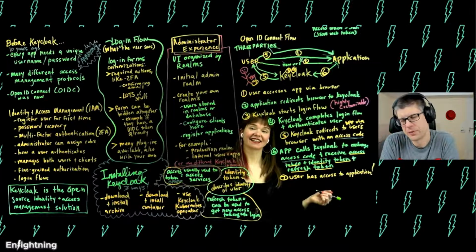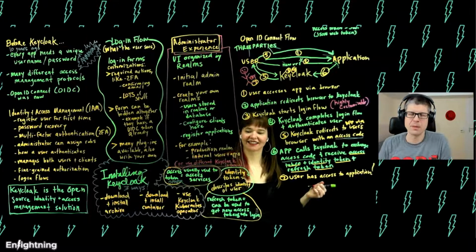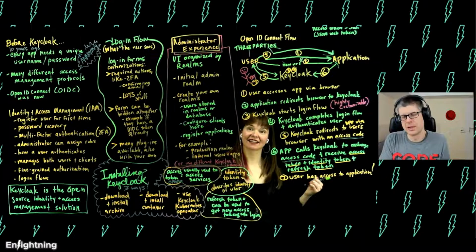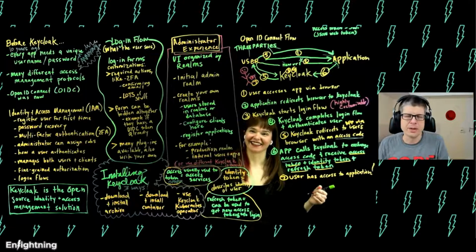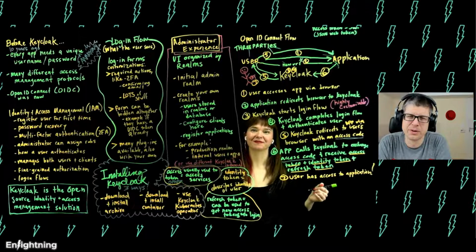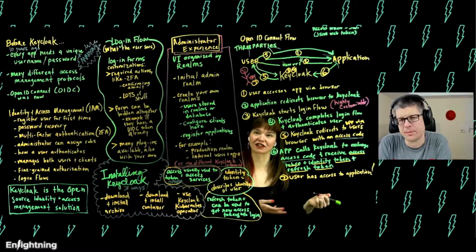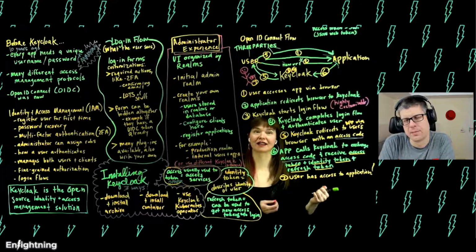This might not be sufficient for a bank. For a bank, maybe for some actions it might be okay to do it this way, but maybe before you transfer the money, you send the token to Keycloak again and figure out, is this really still valid in this very second before I actually act upon this token? So that you have a choice there. That makes a lot of sense. That you would want to add that extra layer of security before like a financial transaction or exposing health data or something like that. Yeah.